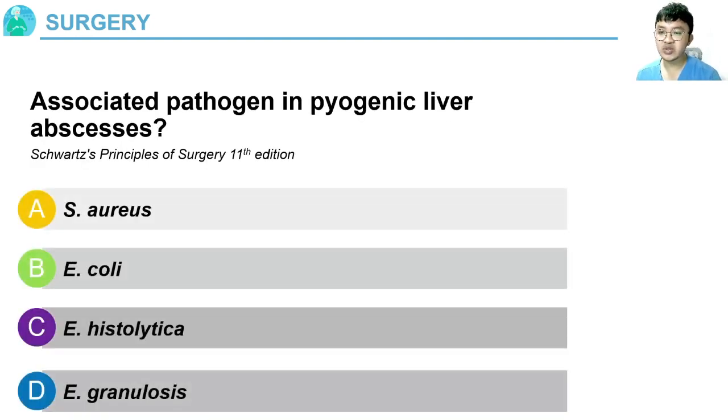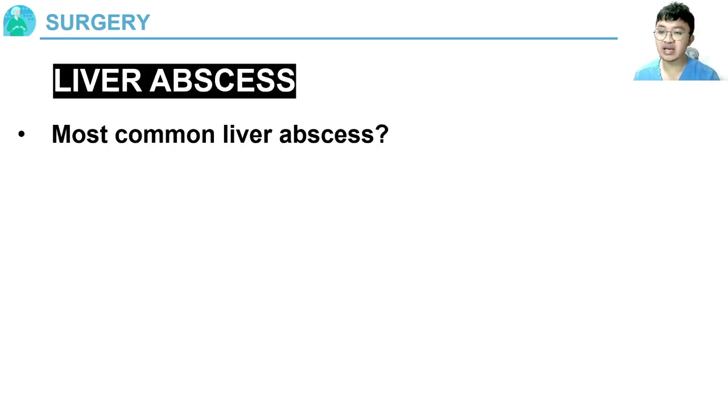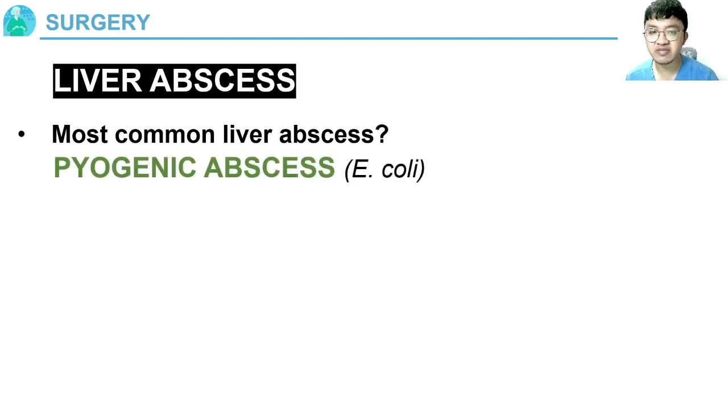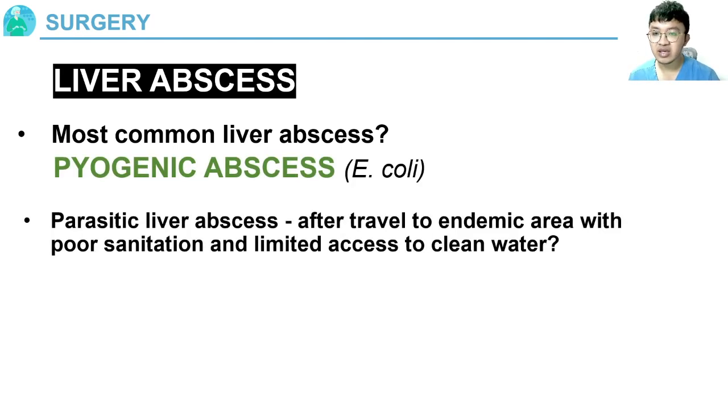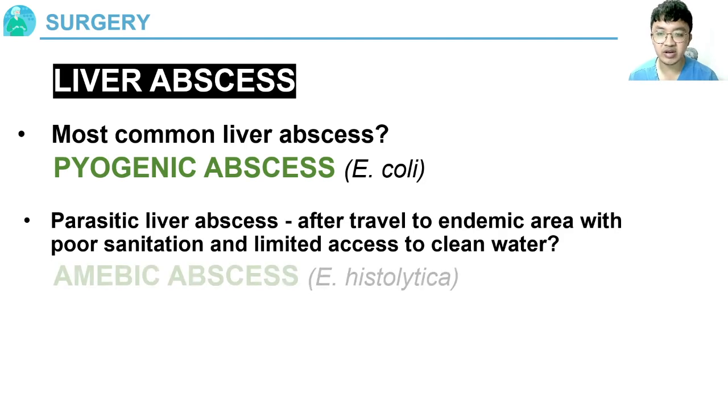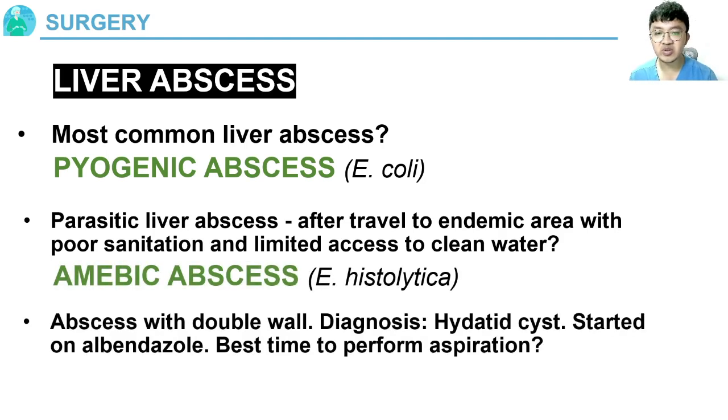Next, what's the associated pathogen in pyogenic liver abscesses? In pyogenic liver abscesses, the correct answer here is Escherichia coli. So the most common liver abscess is your pyogenic abscess from Escherichia coli. Your parasitic liver abscess after travel to an endemic area with poor sanitation and limited access to clean water, these are your amoebic abscess due to E. histolytica. And if you have an abscess with double wall, hydatid cyst, started albendazole, what's the best time to perform